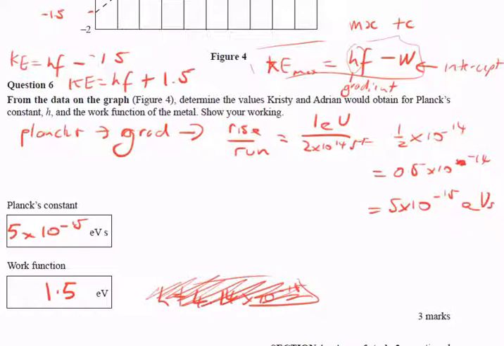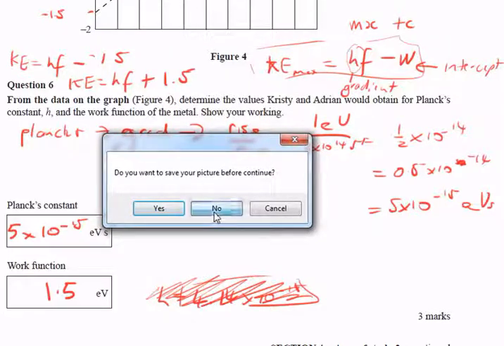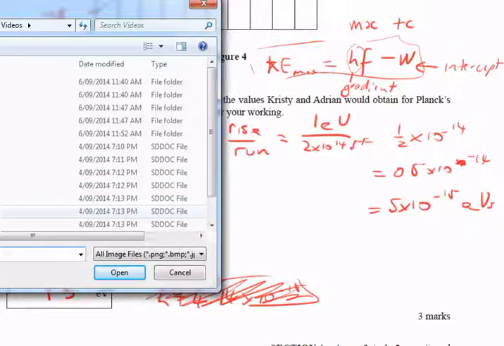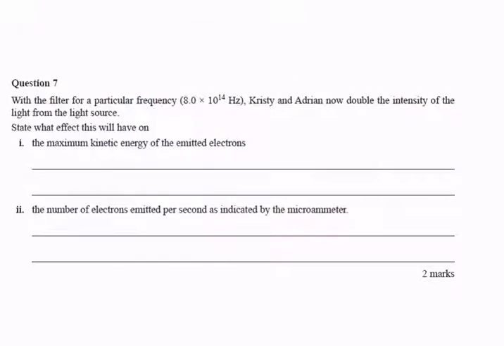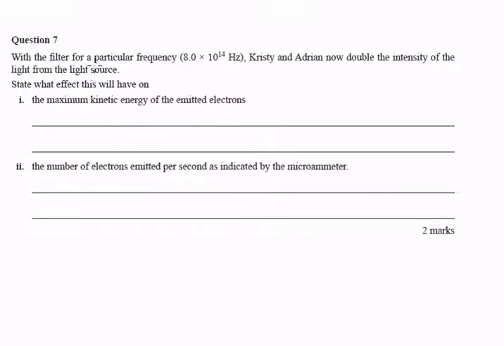Cool. And then the last one in this series of questions. This one. Okay, with the filter for a particular frequency of this, Kirsty and Adrian now double the intensity. What will this have on the maximum kinetic energy? So when we answered question 2, I think it was, in this 2009 series, about why the photoelectric effect shows that light has particle properties, changing the intensity doesn't change the maximum kinetic energy. So it has no effect